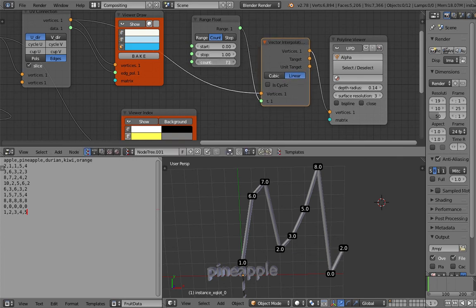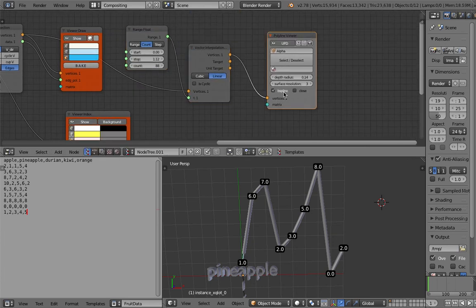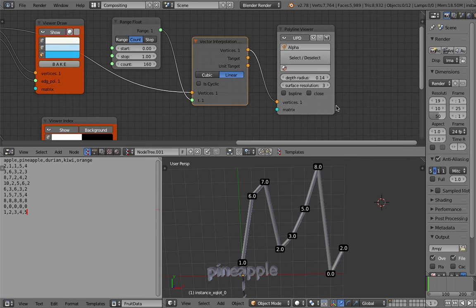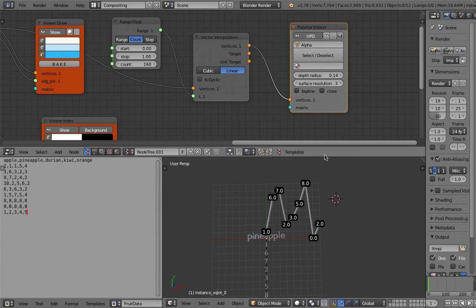Cyclic off, and then count. The number should be between 0 and 1. So B-spline on. If it's on, and I adjust this, you see we have a curve that looks like that. It's smoothing the lines. Okay, that's what B-spline is, I think. But we don't want that, so I guess this should do it. Yeah, this is better. Now everything is renderable,